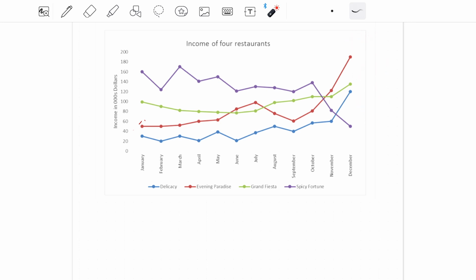So you do not have a lot of words left, and also you need to utilize your time properly. You cannot be writing 250 or 300 words for only task one, because that's not what is asked of you. So you should mention the starting point. In this case you can say that Spicy Fortune was the largest earner in the beginning of the year, and it earned about $160,000 in January,